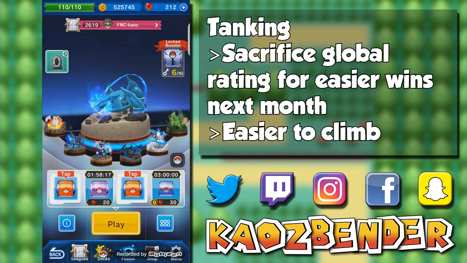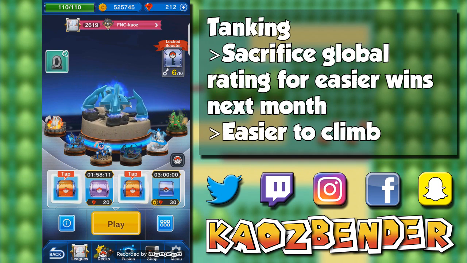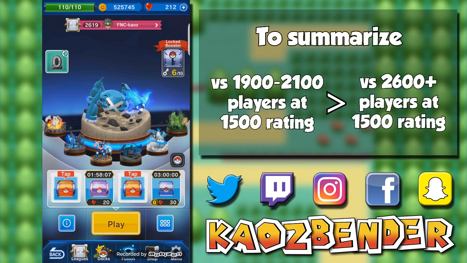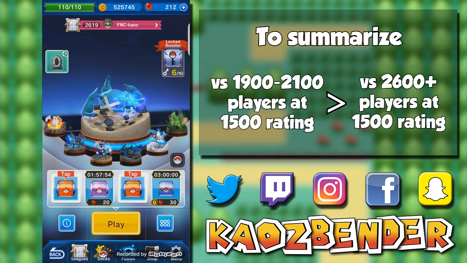To counter this, I tank my rating during the second to last month, meaning that I intentionally lose or forfeit as many matches as I can to bring my global rating down to at least 1900 or 2100 depending on my current win-loss ratio, since I like to keep it above 50%. I like to win a few bot matches to refill on time boosters, but you can avoid this to speed the process up. Finally, when the last day of the month arrives, I will reset back to 1500 monthly rating,